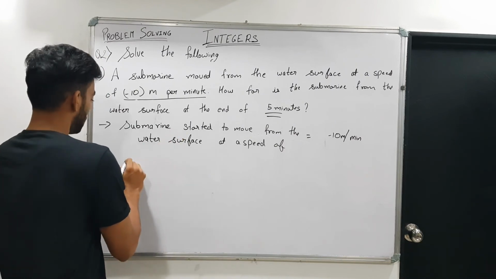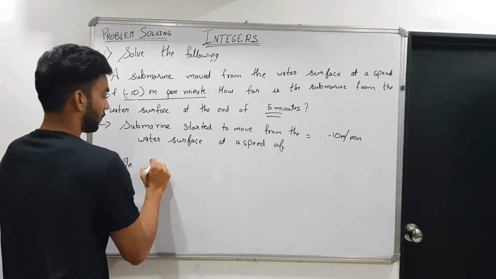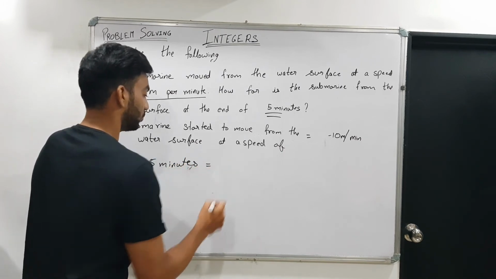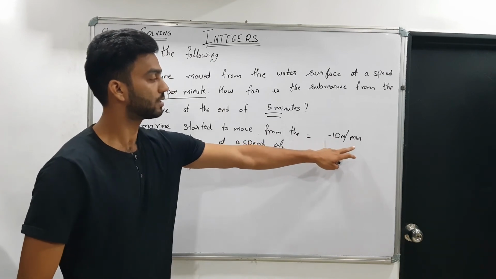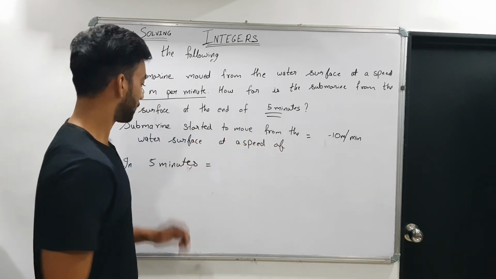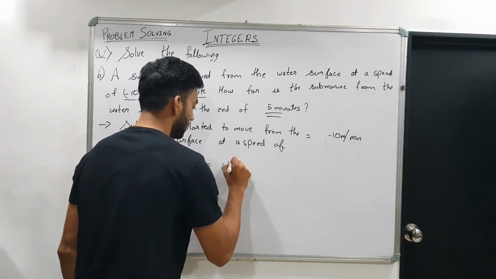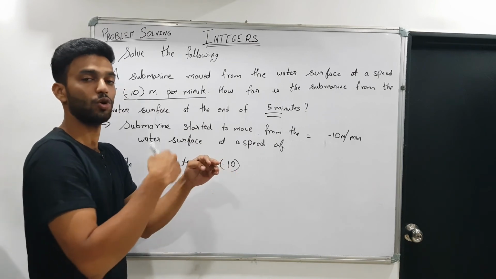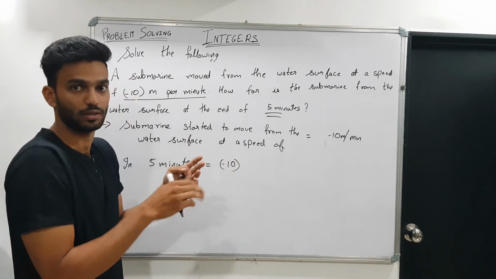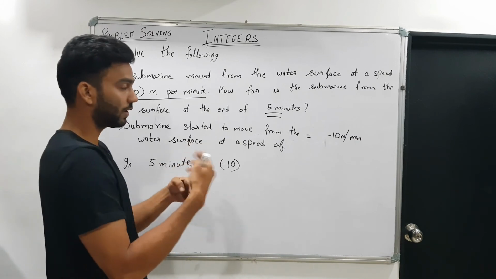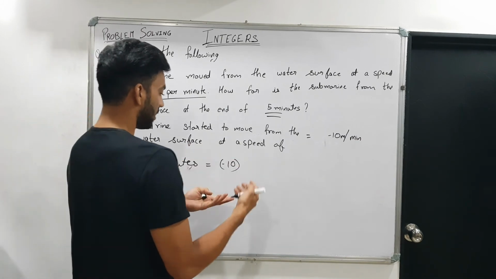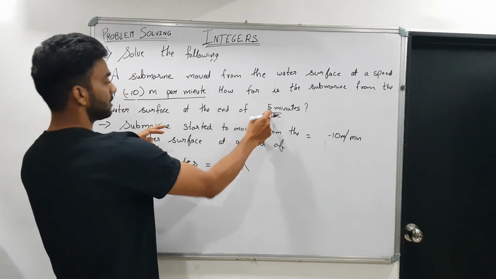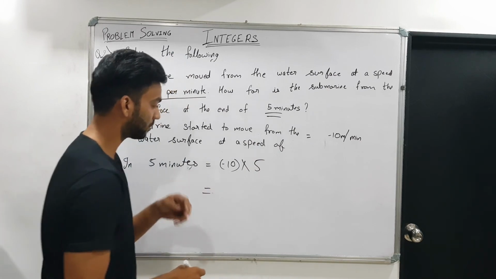So in 5 minutes how much it will go down. 1 मिनट में अगर 10 मीटर नीचे जा रही है तो 5 मिनट्स में कितना होगा. So operation यहाँ पे क्या करेंगे हम लोग. 1 मिनट में 10 meters means -10 meters, तो 2 मिनट में उसका double means -20. 3 minutes में -30. So what we are doing is we are multiplying it. We are making it double, triple, 4 times, 5 times. So in 5 minutes it is going to be 5 times. So we are going to multiply it by 5.